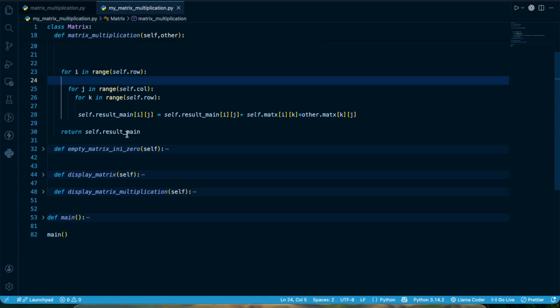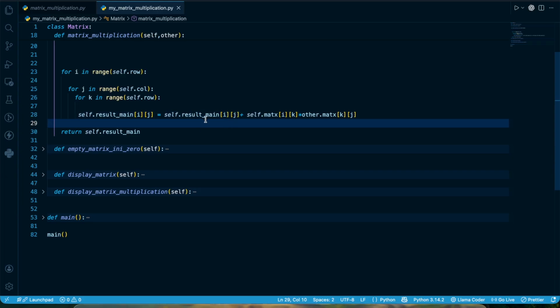Here we use nested loops, three loops. Self.result_main[i][j] is the main list, or we can say the matrix, where we stored our main result. It is initialized with 0 here, and we add